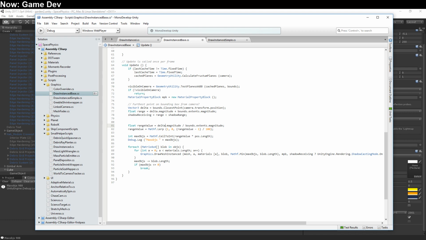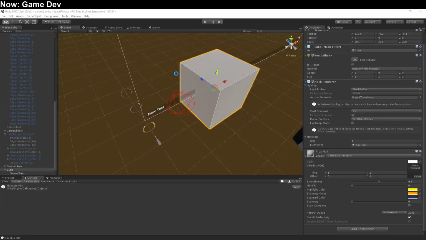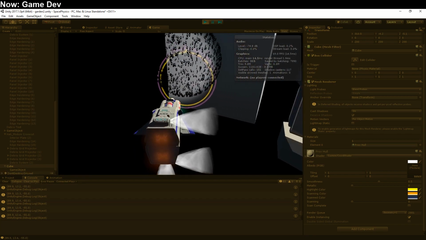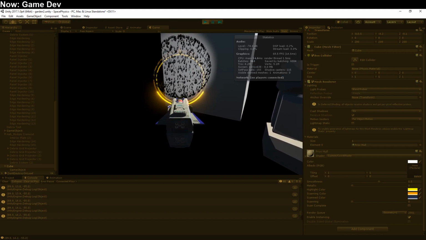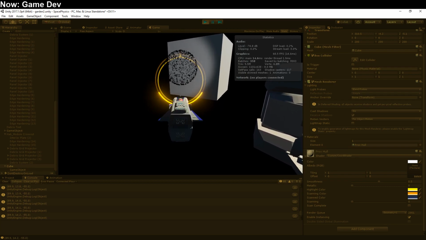So delta dot magnitude gets the closest point. I guess we'll just debug more stuff. Delta debug.log delta. Okay, so you can see that the delta is steadily changing. And as we back up, it's not changing. So the closest point is always going to be...